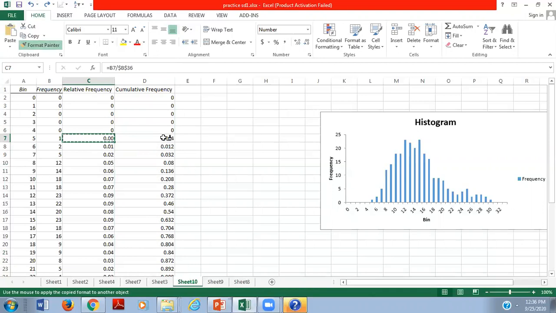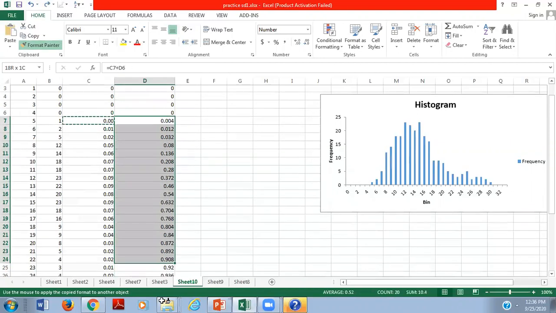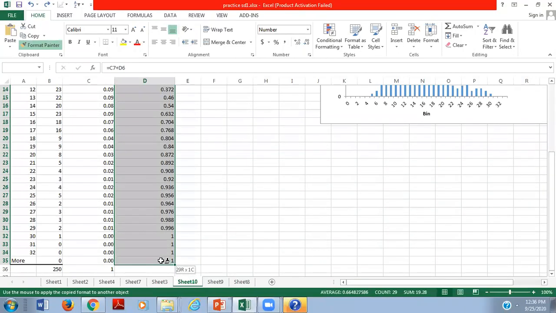Format Painter, this is a general function we should know.